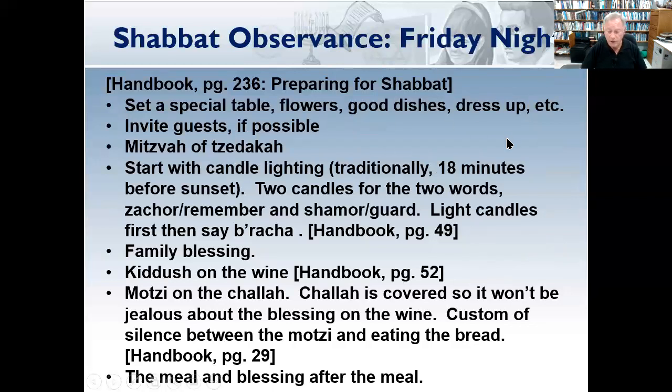There's material in our handbook about preparing for Shabbat, setting tables, giving to tzedakah, starting with candle lighting, 2 candles for the 2 words in the commandment to observe the Shabbat, which is part of the 10 commandments. In Exodus, the reason for the Sabbath is given as the commemoration of God resting on the 7th day of creation. In Deuteronomy, the reason is given